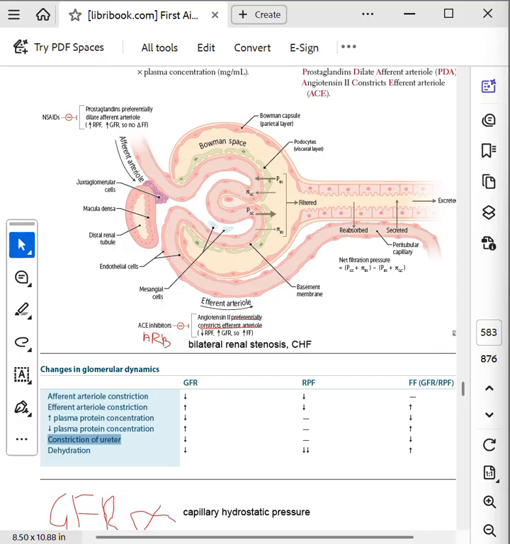And this happens in pre-renal azotemia. How do you know that something is pre-renal azotemia? In a pre-renal azotemia situation, the fractional excretion of sodium is less than 1%. Whenever it's less than 1%, you have pre-renal azotemia. And when it's more than 2%, you have post-renal azotemia or some acute kidney injury. Okay,